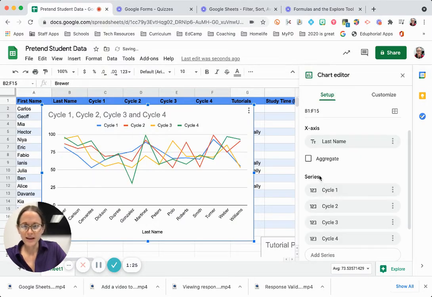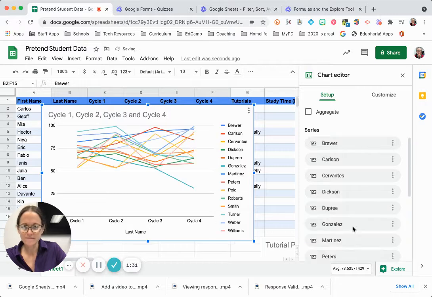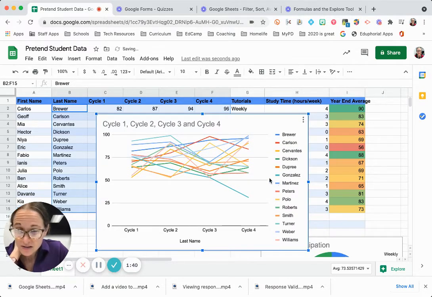There we go. And now look at that. This is what I wanted, except I want to switch my X and my Y axis. There we go. That's what I wanted. A line chart is great for showing change over time. And I realize there's a lot of information on here, but I wanted to show it to you because look